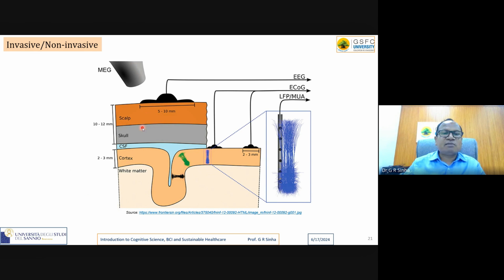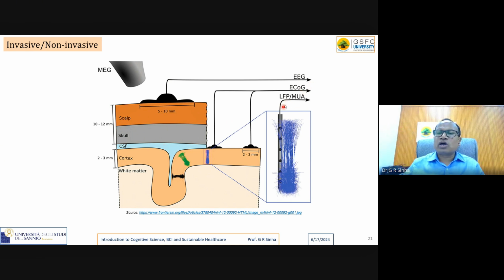I think this is the structure of the brain. Look at the picture carefully. Scalp. This is the skull. And see, EEG means just over the scalp, you are capturing EEG. It is non-invasive. And in the ECoG, what are you doing? Can you see here? Inside the brain, around 10 to 12 mm, please look carefully here. Something has been inserted here. Skull and CSF. Maybe a small chip, and you can capture ECoG.